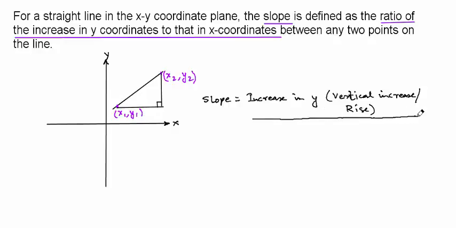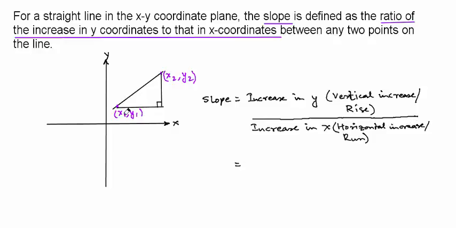Divided by, so it's a ratio, and the top number is the increase in y or the vertical increase or the rise between any 2 points on the straight line over the increase in x, also called the horizontal increase, or the run. So the slope is rise over run or the vertical increase over the horizontal increase, and that